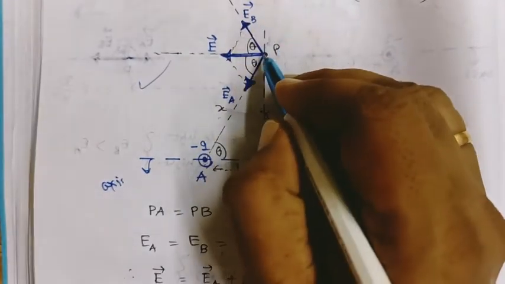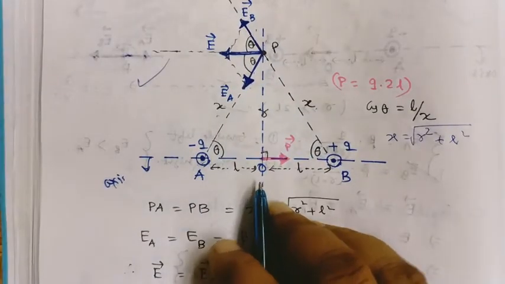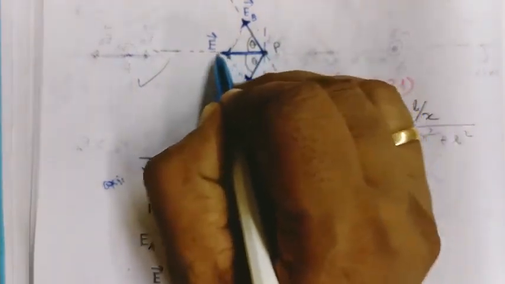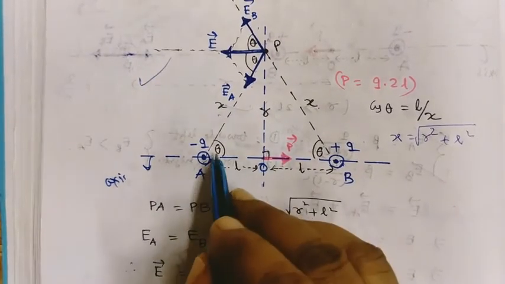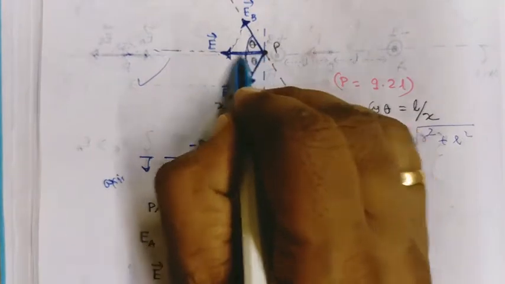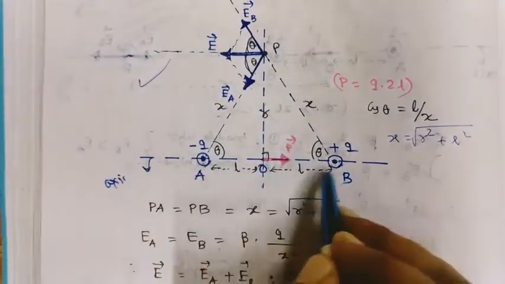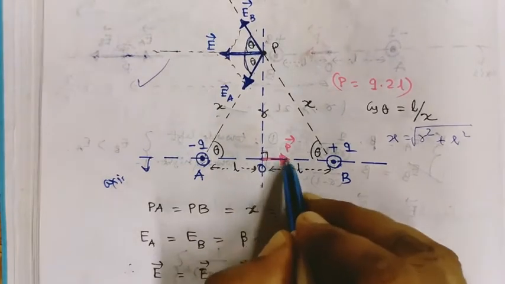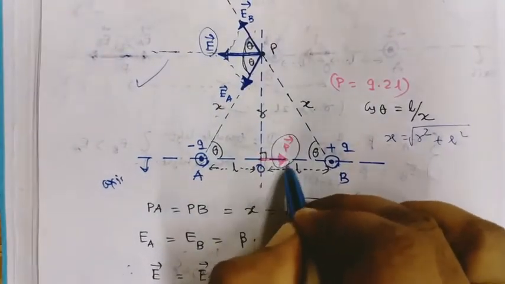These two vectors act at the point P and act as two adjacent sides of a parallelogram. So by vector addition, the resultant vector along the diagonal of the parallelogram is the E vector. Now you should be clear on the geometry. This angle is theta and this angle is theta. So this is the exterior angle 2 theta. And this is the bisector. Obviously this one is theta and this one is theta. Why am I saying this? From geometry you see that this line and this line are parallel. Here you see the dipole moment is towards right. Resultant intensity is towards left. That means in this case, resultant intensity is opposite to the dipole moment.